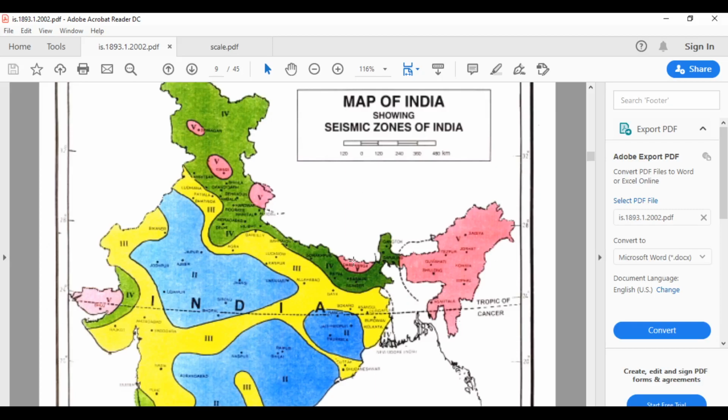I will show how to design a G+7 storey building in ETABS software for seismic load analysis. Also, in this video I will show seismic analysis using the response spectrum method. So for this purpose, first of all